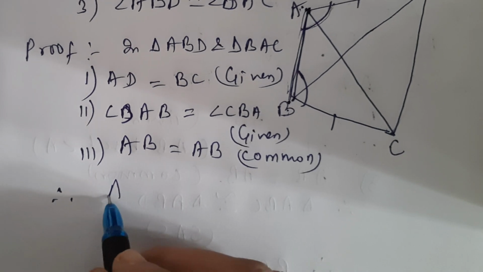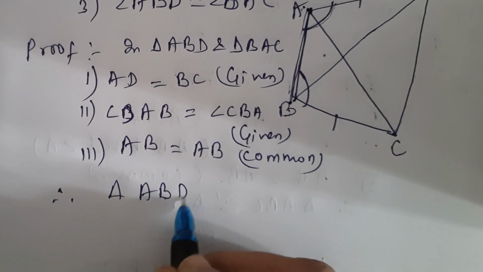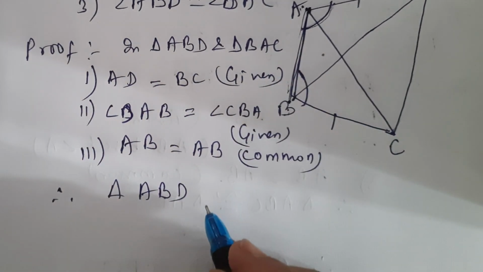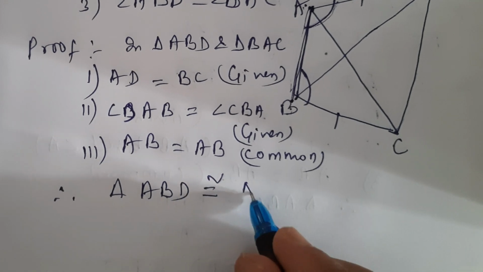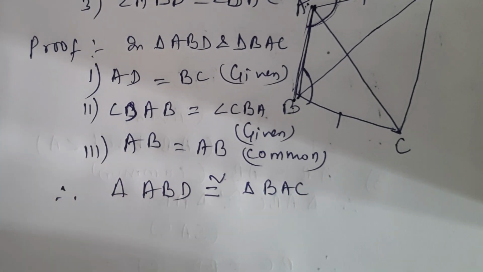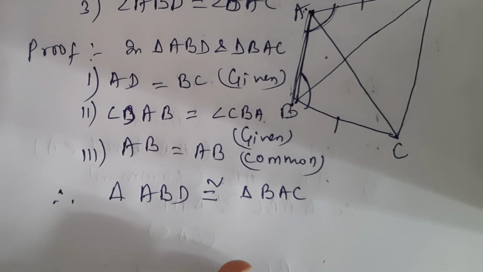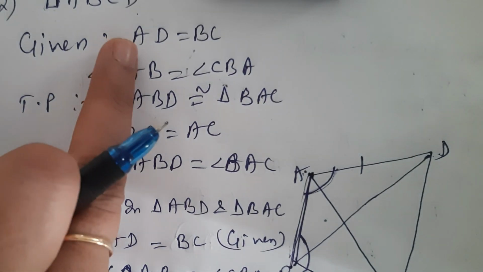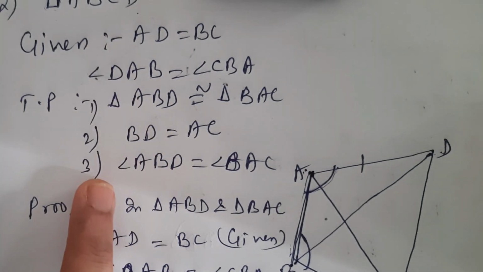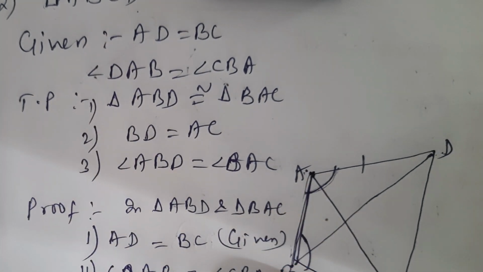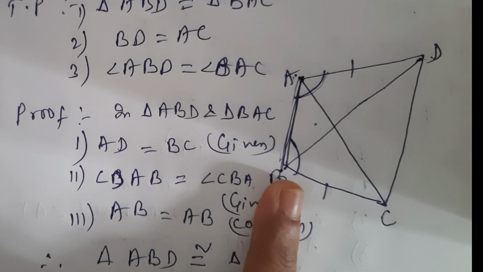Therefore, triangle ABD, whatever we started, the same thing will repeat, congruent to triangle BAC. So here only the questions are lengthy. Everything will be given in the question. We need to follow only the pattern. So this complete was given, so we just repeated the things. Nothing we added from our brain. Only the third point you need to find out, what is given to make it congruent.